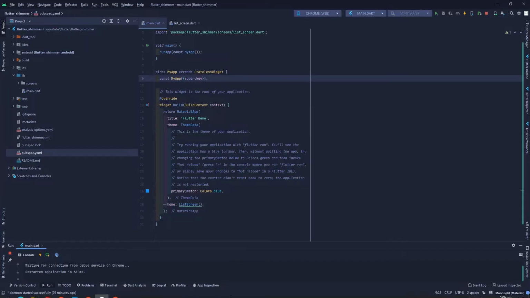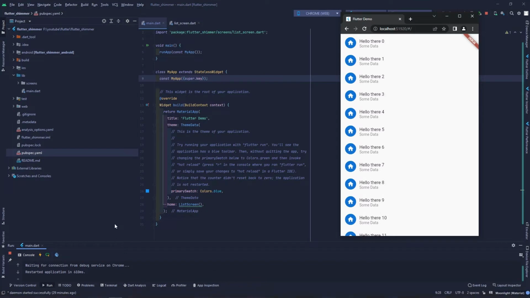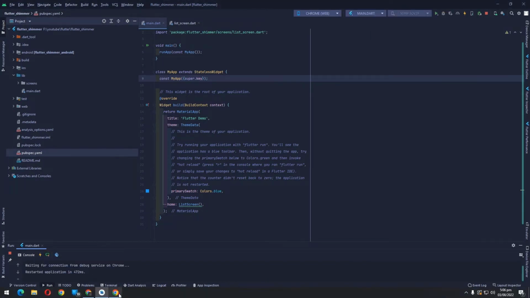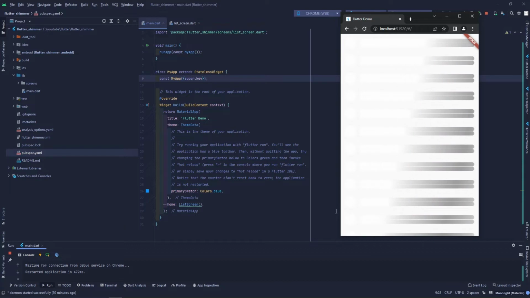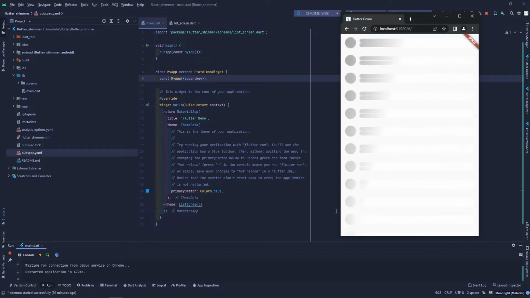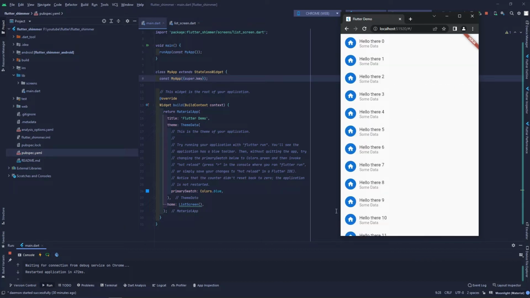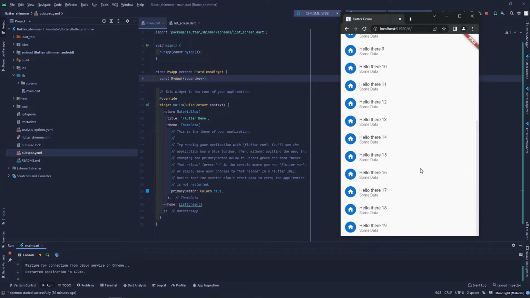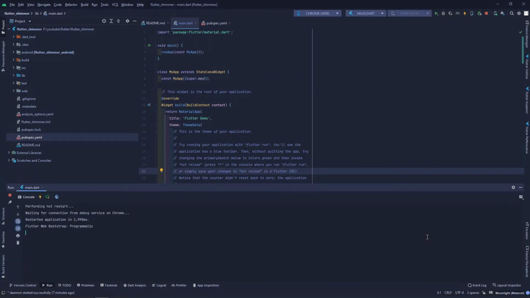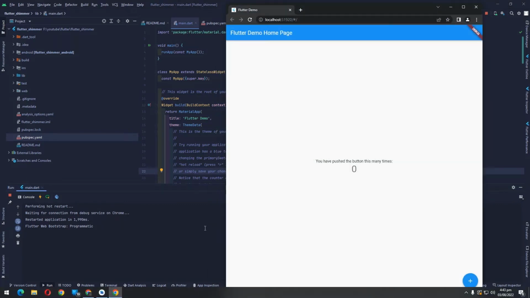So by the end of this video, we are going to understand how we can get the shimmer effect in our Flutter application. Okay, so this is a shimmer effect and it will show the actual list after 5 seconds. Okay, so starting off with the video, to make that shimmer effect, first of all,